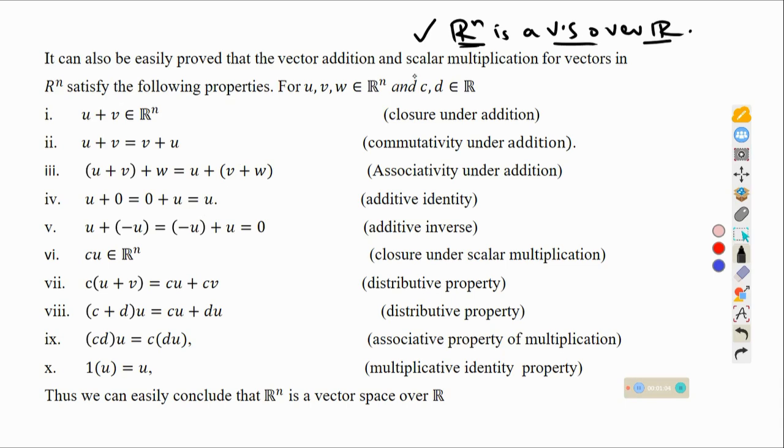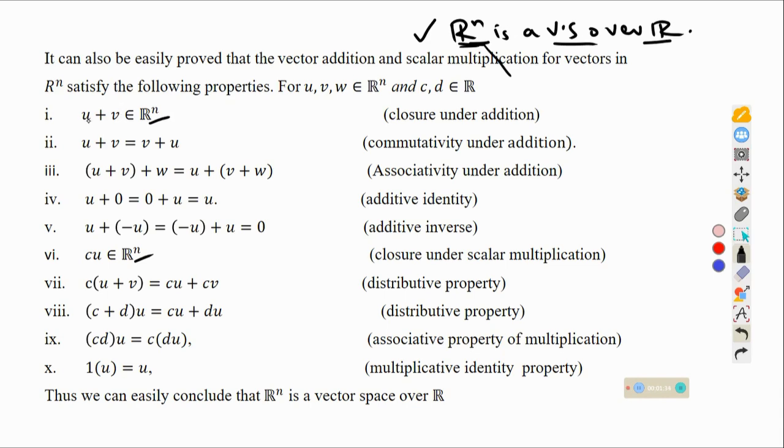So we know how to deal with addition of any vectors from R to the power n. We know how to deal with scalar multiplication of any vectors in R to the power n, which means we can easily prove each of these axioms here. But we shall look at examples on how we can easily show that R to the power n is a vector space over R. But at the moment, you should even be able to prove all this